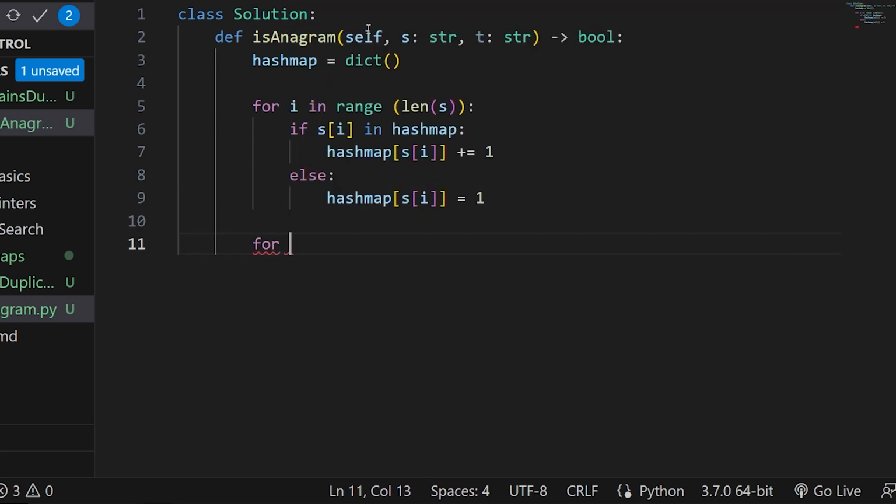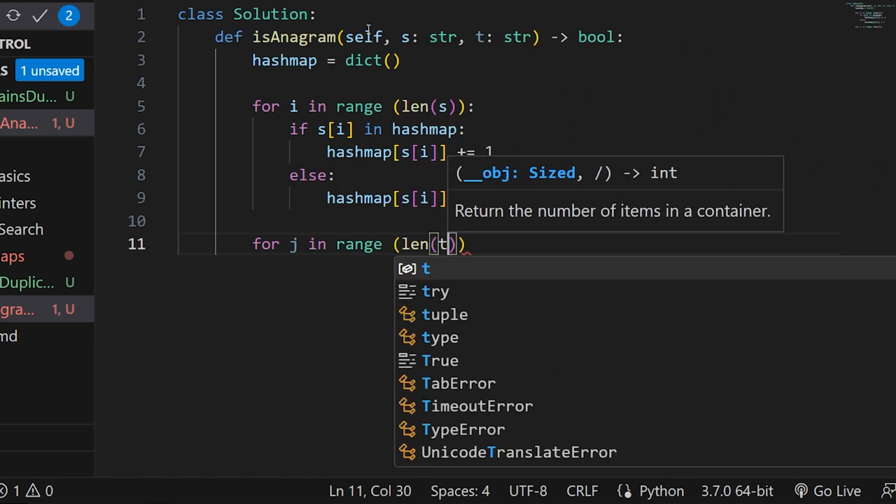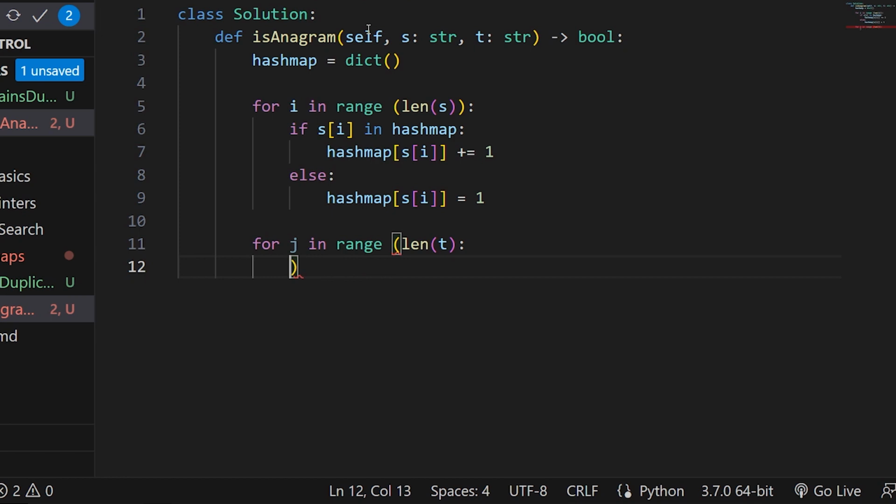Now again write a for loop for j in range of the length of t, which is your second string. Even if there are 2 for loops, some people might say it is not time compliant. What I would suggest is that it is time compliant. The reason is the for loops are not nested.